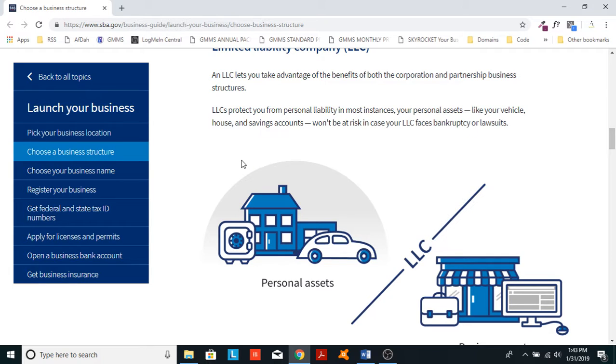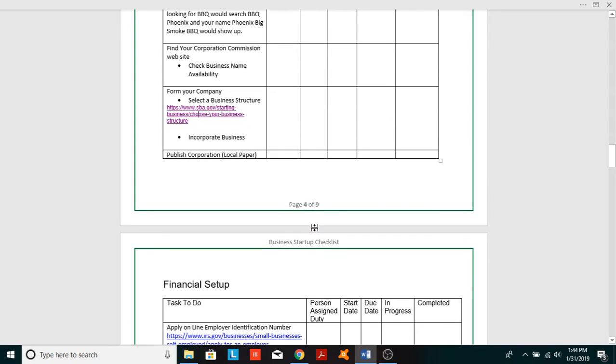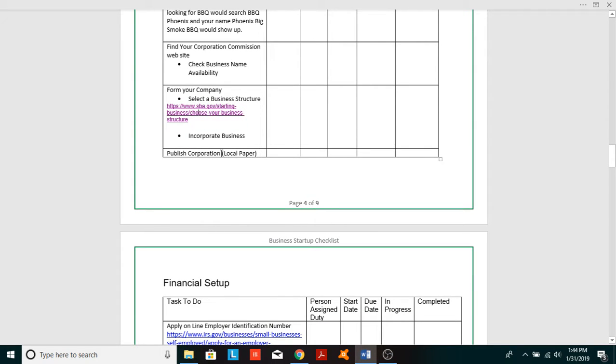Of course, we're recommending that all of ours are LLCs, but we're in no way trying to give you legal advice. We just think that that's a good platform for the types of business that we're recommending for our purposes. And then the final thing you're going to need to do in some locations, not in all locations,